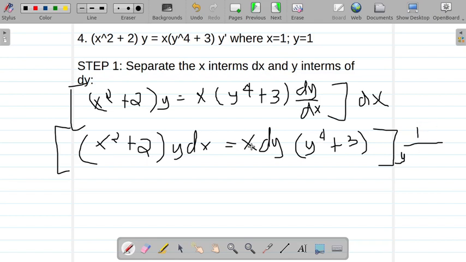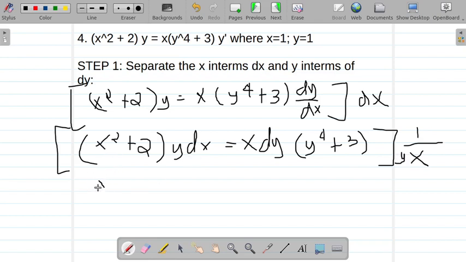Kung mag-divide ka diri og x, makancel out si x. So, ang mabilin na lang din ang mga y terms. So, kung sa whole equation, mag-divide ka sa ilaha og xy, ang mabilin ani is